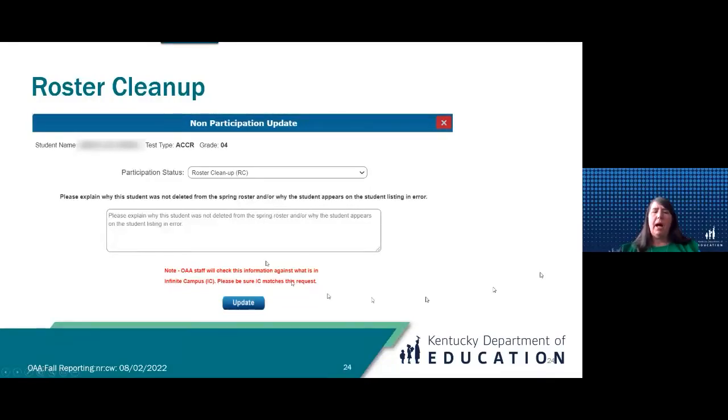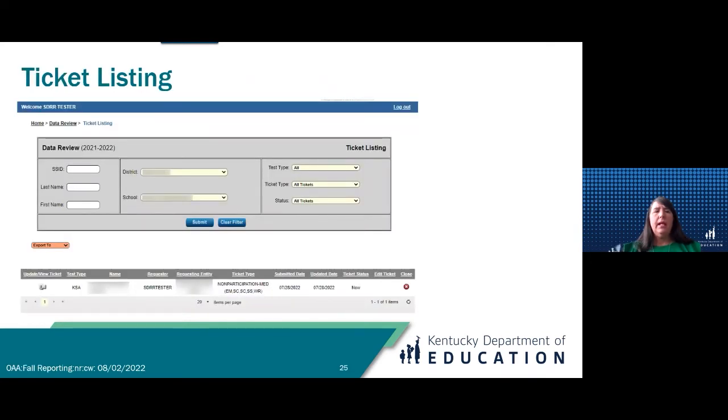And it always gives you a pop-up to let you know that if you made a change, make sure IC shows that as well. And then click update. So that takes you through that particular non-participation, because that's something else that's different with data review than rosters.